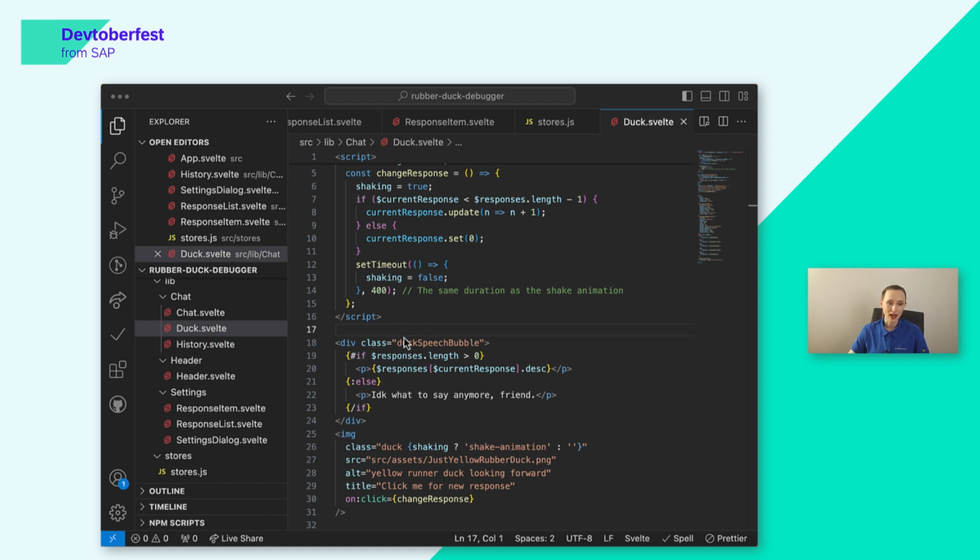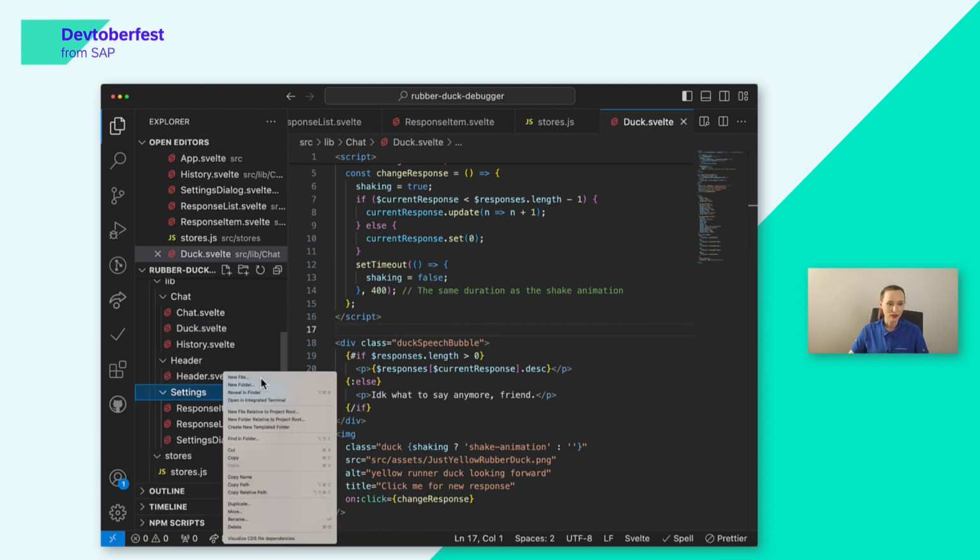So if we have a new useful quick tip that the duck can tell us when we're regaling our poor duck friend with tales of this bug that's defeated us, maybe next time it won't take so long for us to fix it. So in settings, I'm going to add